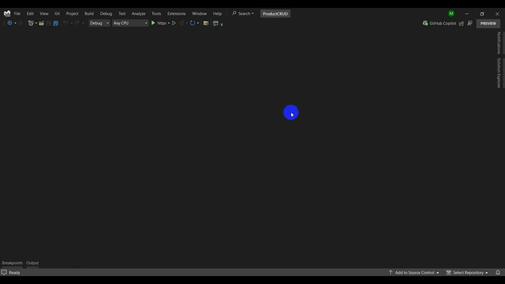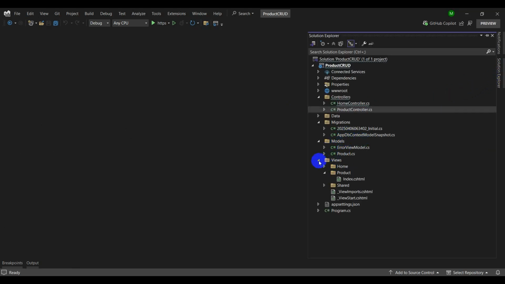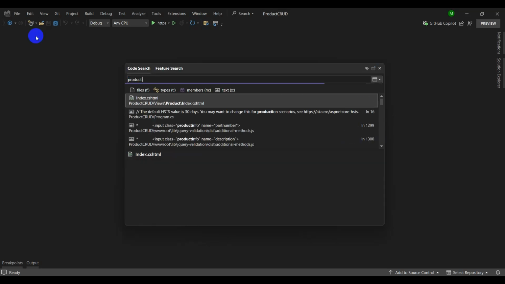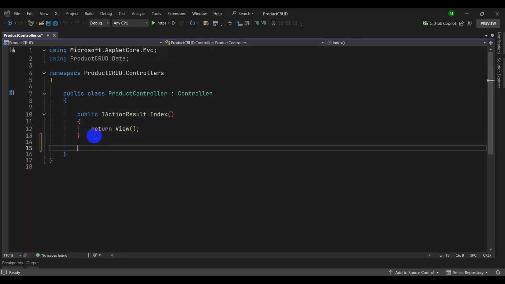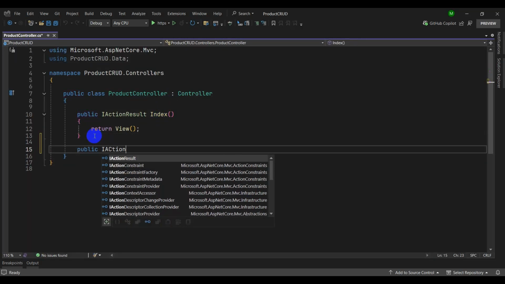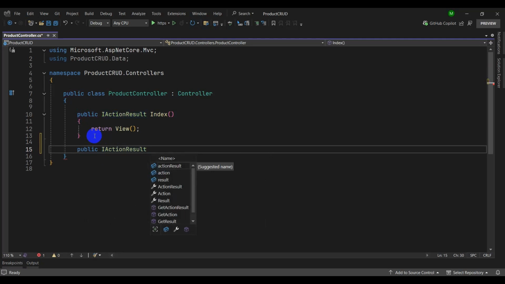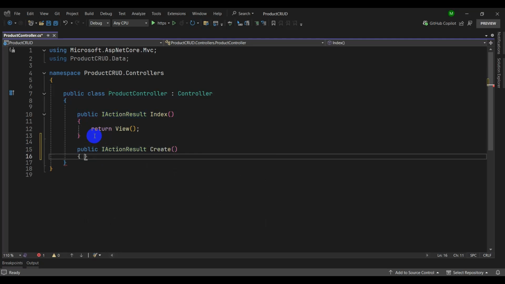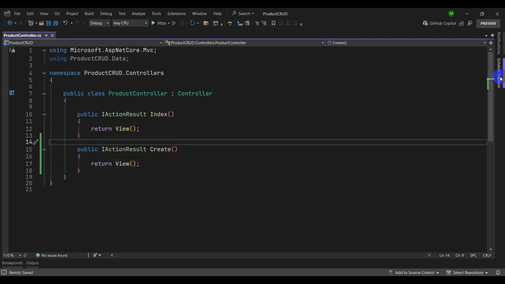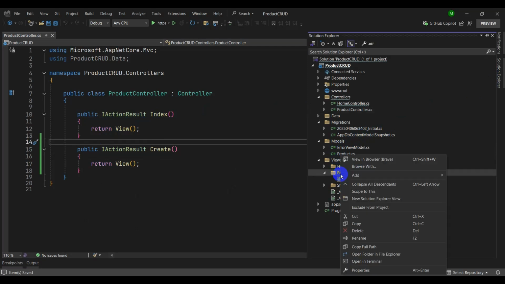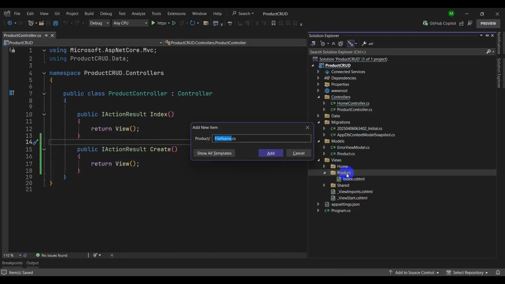Okay, now let's work on create product. Let's go to Solution Explorer and inside Views we can see here the Product folder, inside it Index.cshtml. Now let's open the Product controller and add here a method, public IActionResult. Let's say Create, return View, and let's go to Solution Explorer and add here a Create view, Ctrl Shift A and Create.cshtml,